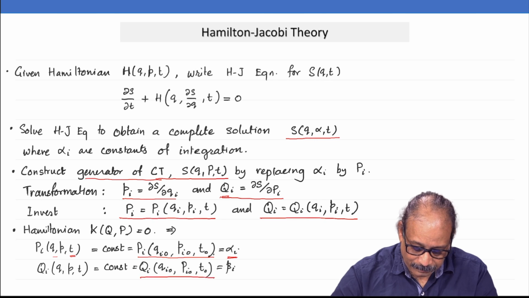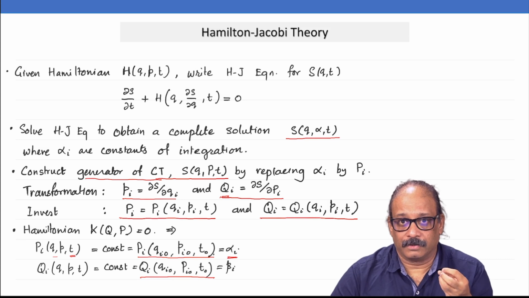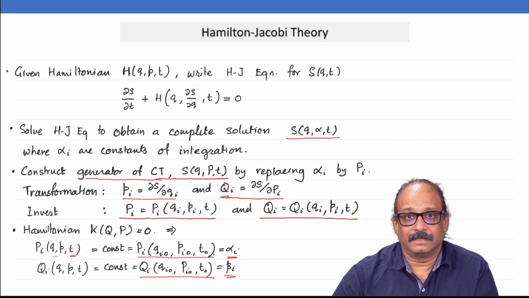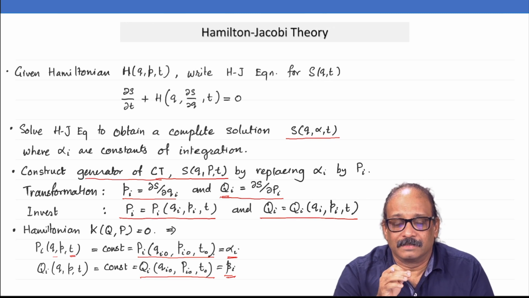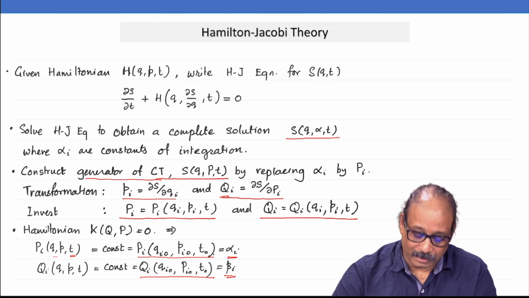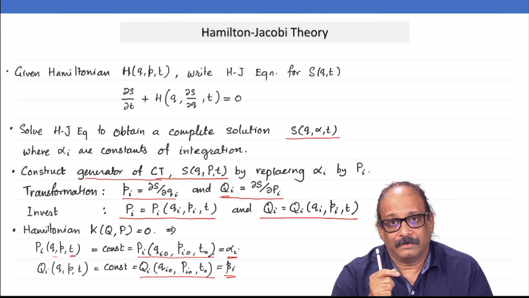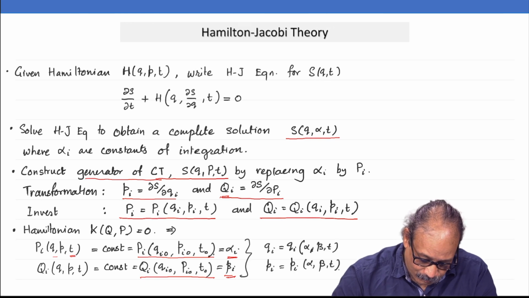The value of the coordinate, capital Q I at t equal to t 0, is beta I, and as the time evolves, the system moves on a trajectory, but the trajectory is just a point, because all the 2n variables are now constants of motion. Okay. So, this is the typical program, and then how do I actually solve the, remember I finally want my answer in the first coordinate system, the old coordinate system, and that you can do by, see.